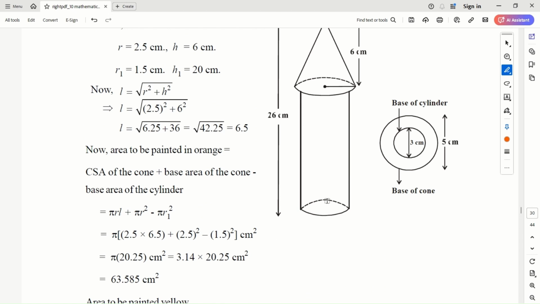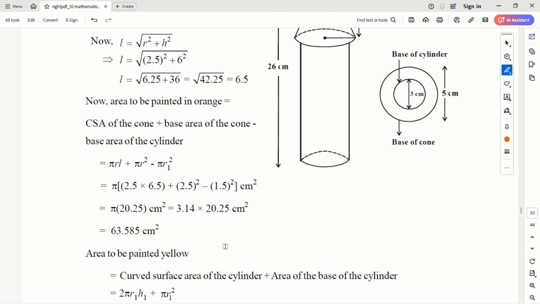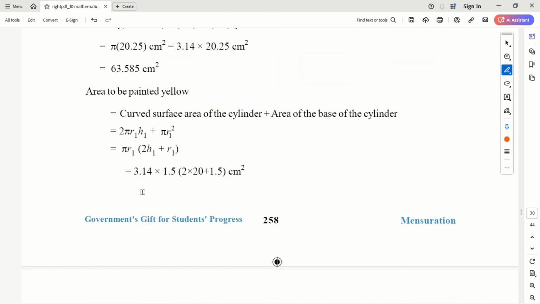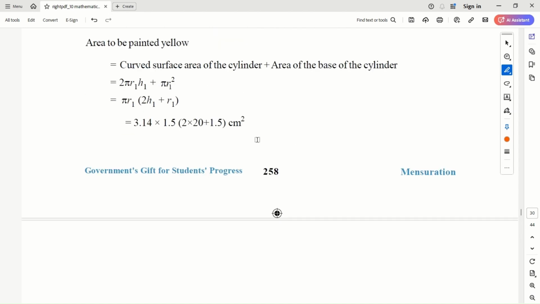In the total surface area calculation, you have the bottom surface area covered, but there is no top surface area. This should be subtracted. So plus pi r square minus pi r square. That's what is done this way. With that you will get the answers if you substitute the values correctly, and then you can calculate the curved surface area of the cylinder. And the area of the base, only one base, right? So,